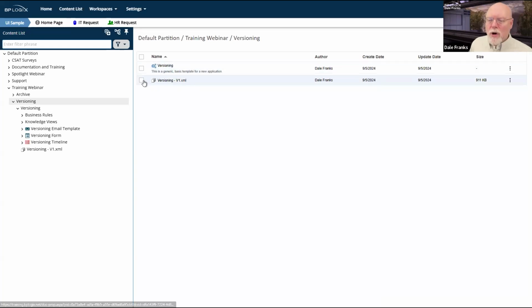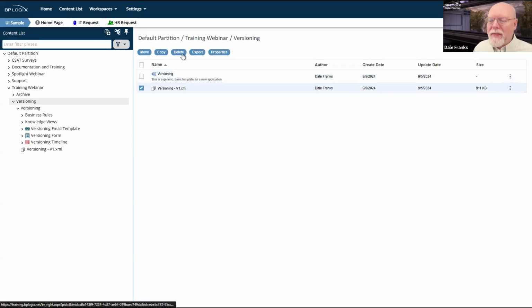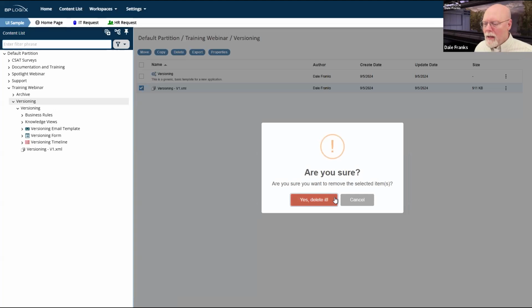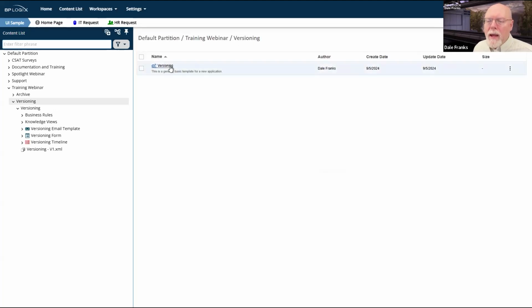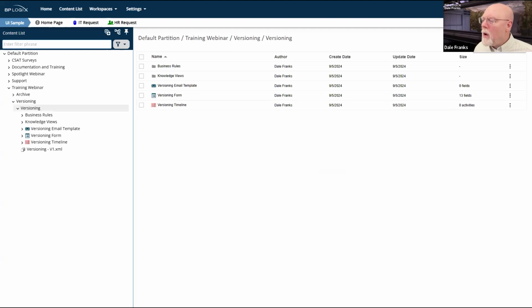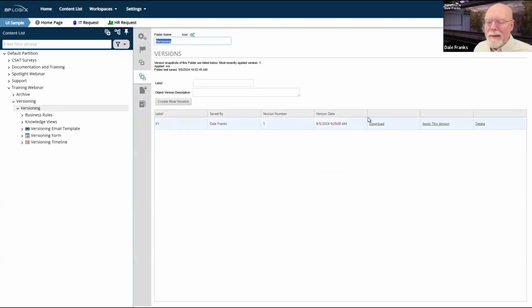Now, I should point out that download button, and let's delete this file since I have no interest in keeping it. When we go here and we see this download button, that's going to give me my XML file. That is not true for some other objects. This download button has a couple of different things that might happen.